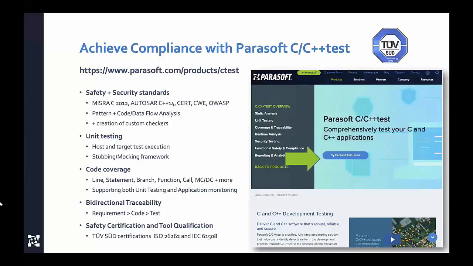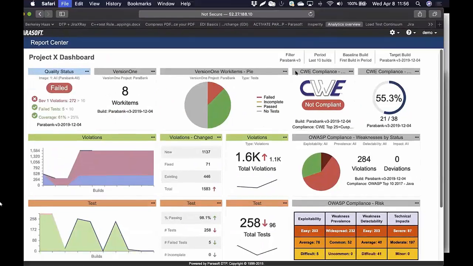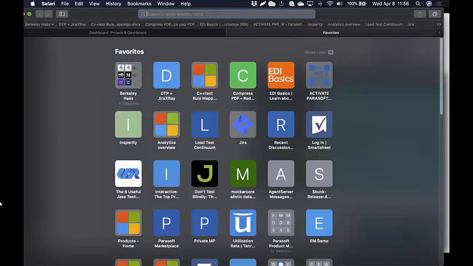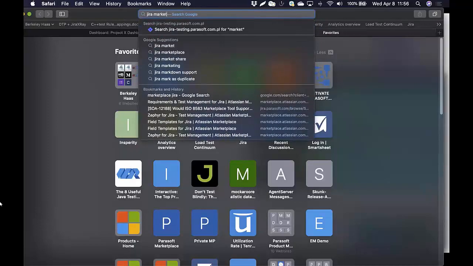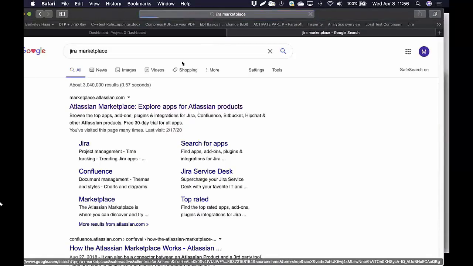There was a question of, can I use Jira for requirements management? I probably should have mentioned that, as I did lean towards that at the beginning of the presentation. Jira itself does not have any requirements management or test management functionality within it. However, it does have a very rich marketplace. Let me bring up the Atlassian marketplace and show that on my screen. If I type in Jira Marketplace, and I go here,